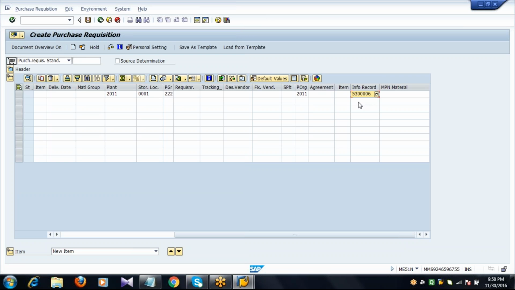Enter the info record number. The moment I press enter,